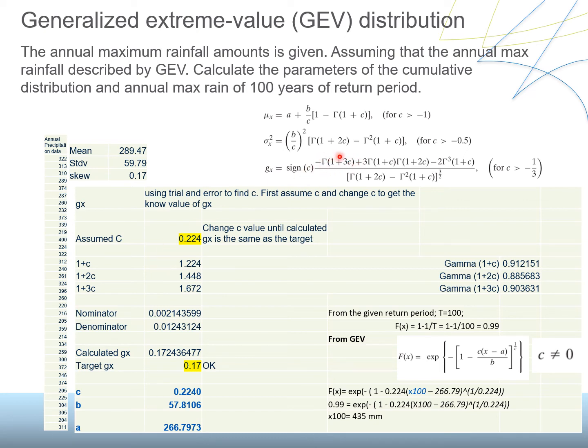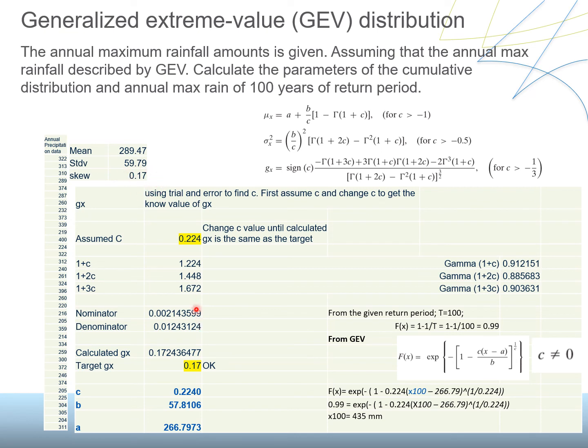Now, this equation is a bit complex to solve explicitly, so I solve it implicitly, which means I first assume some random C value. Then you calculate what is 1 plus 3c, 1 plus c, 1 plus 2c, gamma of those values, and then you calculate the denominator and the numerator, and finally the g value. So for the assumed c, I calculate the g value, and compare it with the actual